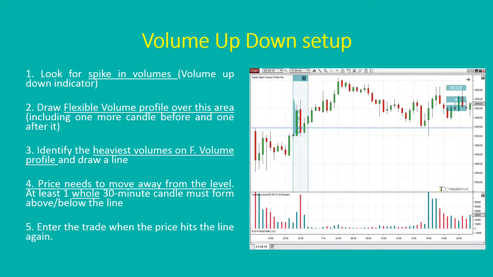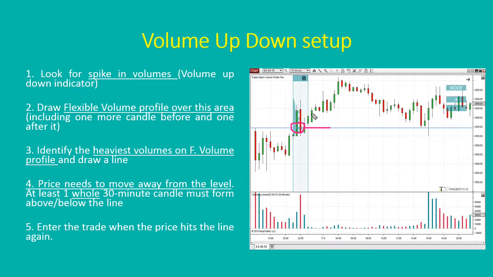So the third step is that you identify the heaviest volumes on the flexible volume profile. So you look at those volumes and you identify the heaviest volumes. In this case, it's in here. This is where the volume profile is the thickest, in this area. So you identify the heaviest volumes and you draw a line from there. Next, step number 4, price needs to move away from the level. So you have the volumes in here, so you have the level in here, and the price needs to move